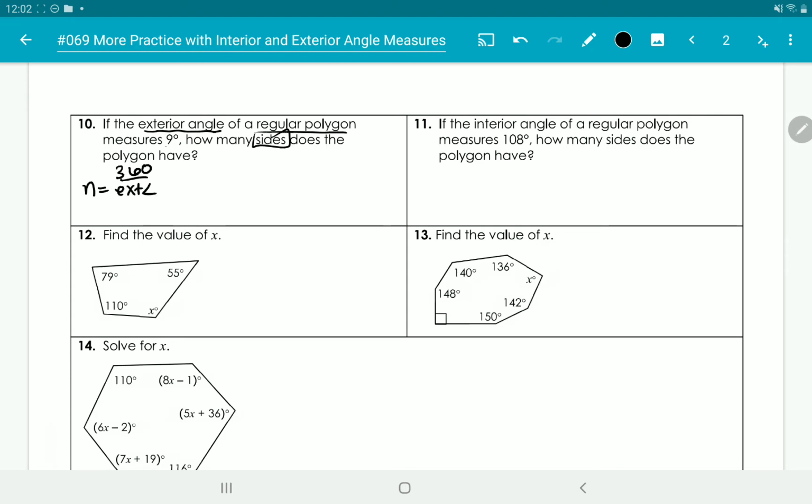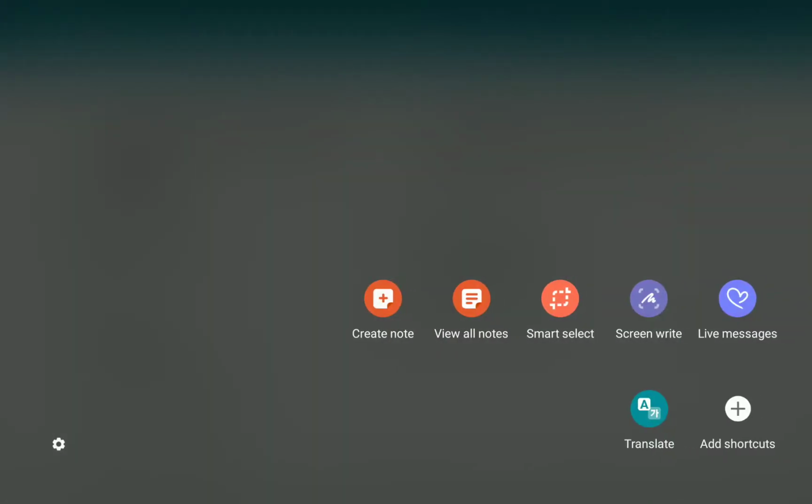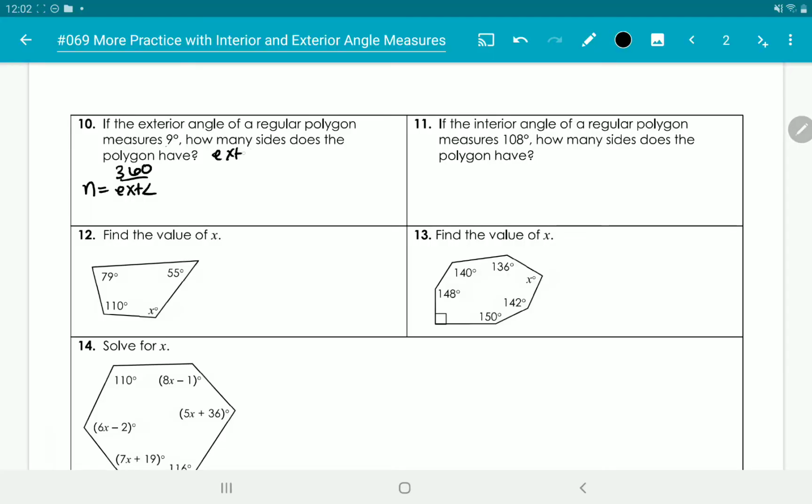Okay, so it's asking for the number of sides. We know that this exterior angle here, as it says right there, is 9 degrees. So we'll plug that in here. And that is going to give us that the number of sides is 40. So there are 40 sides on this